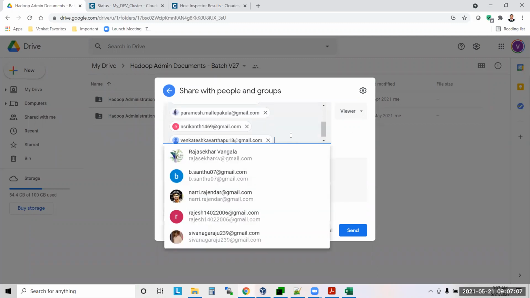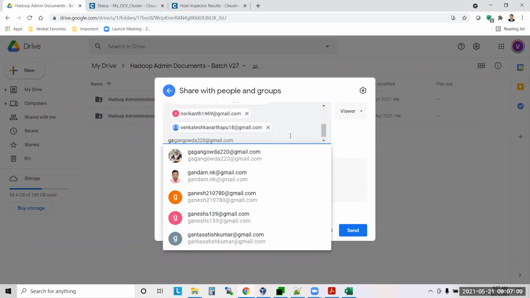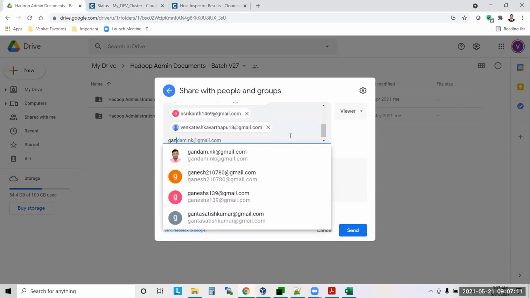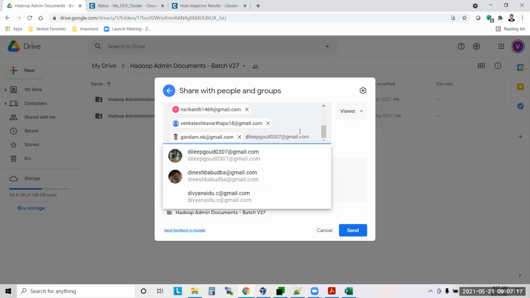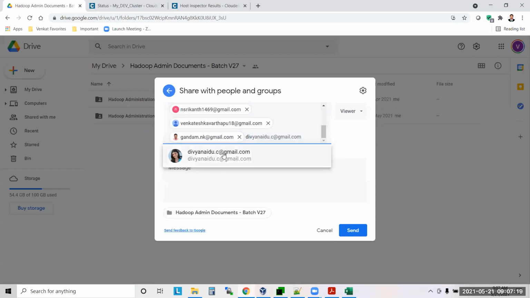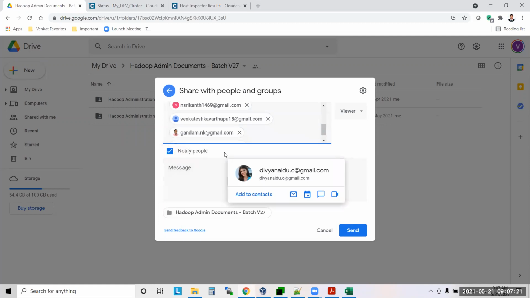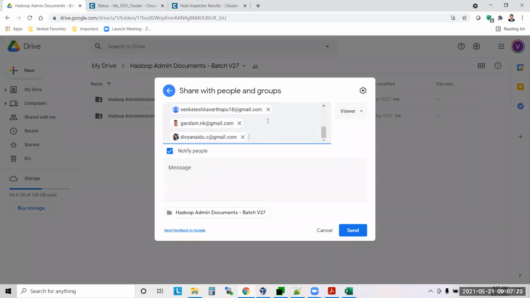Gandham NK, you are there, right? Next. Divya Naidu. Next. Ankur Dubey, you are there already. Ken Subbu, you guys are already there.